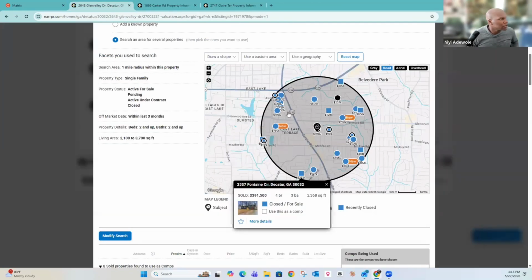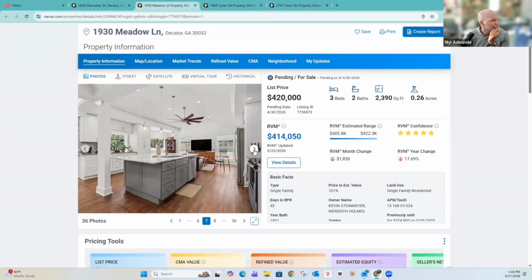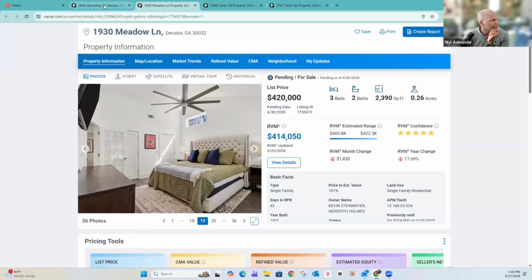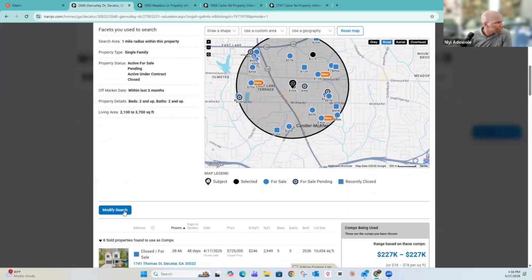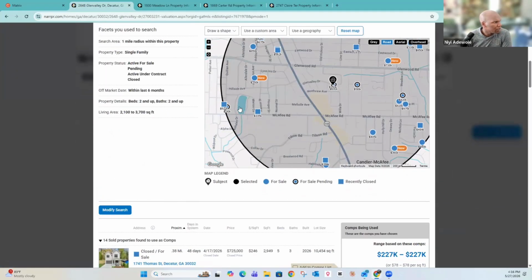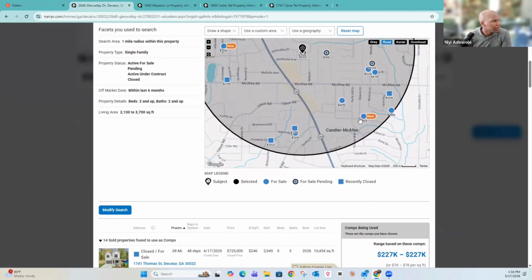Let's look at some of these ones that are recently sold or pending. 420, a 3.2, pending price of 420. This one looks just a bit more updated. Yeah, I am not confident in that one as a comp. Let me go back a little bit further. Let's see 6 months. So we got this one for 190. We got this one for 335. Let's see, 5.3, 4.4, 4.3, 3.2.